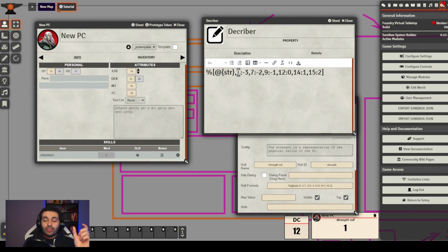So you introduce the first value before the two dots: if it's equal to 0, you introduce the return value -3, comma, if it's equal or lower than 7, -2. Okay, so this is the way to use the percentage.